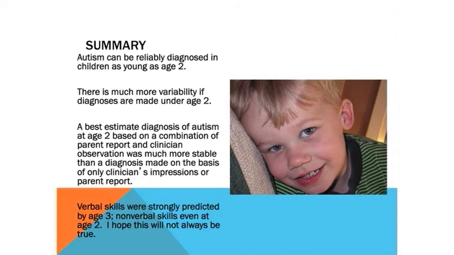I didn't talk about it, but verbal skills, even at 2, were strongly predictive of outcome at 19, which I still find, I just wish it weren't true, actually, because we're talking about giving essentially nonverbal kids a Mullen and saying this is very predictive. But it's more predictive at 3 than at 2, and I think what that should do is give us hope that we just need to get going between 2 and 3 and figure out how we can make those improvements.